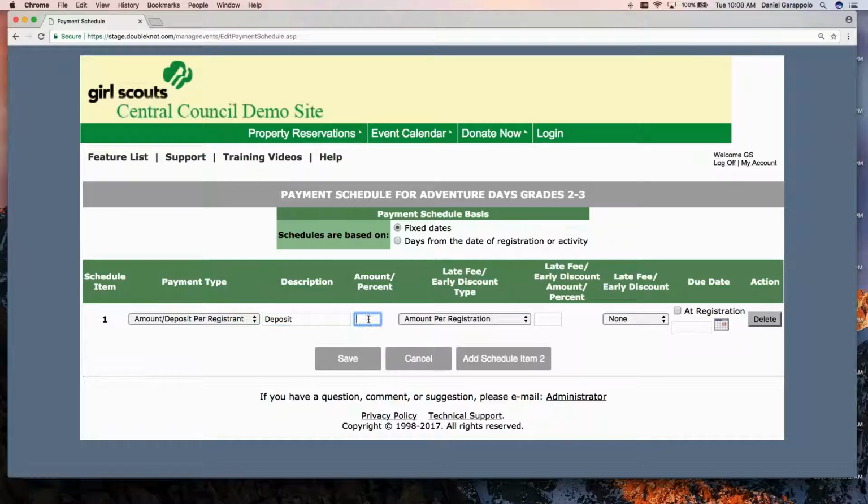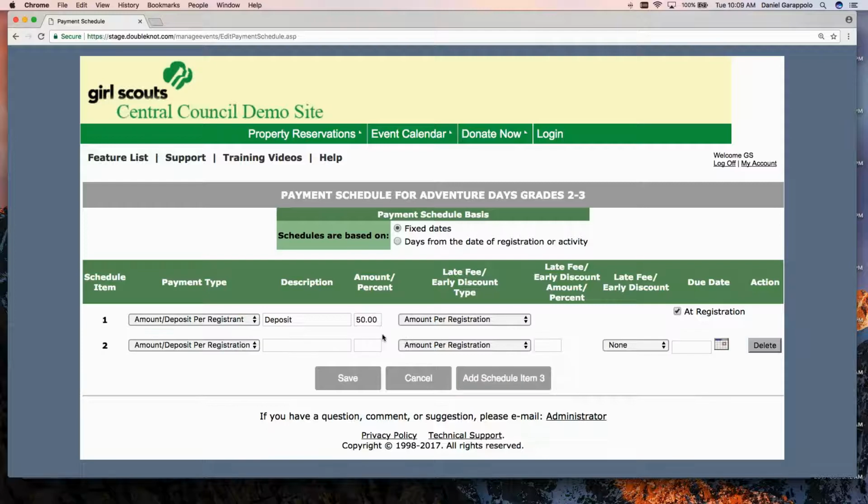I'm going to say the total fee is $375, but you have to pay a $50 deposit. And I'm going to click at registration. So I'm charging a $50 deposit per registrant when they register. They have to pay that. I'm going to click Add Schedule Item 2, and I'm going to say pay in full. So I'm going to say if you pay in full by